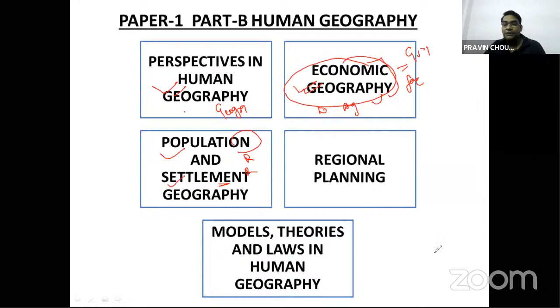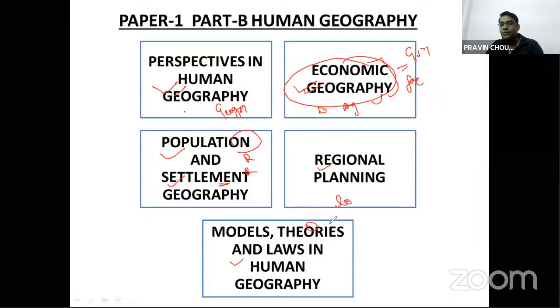Okay, regional planning, and then models, theories, and laws in human geography. There are some models and some theories regarding the location of agriculture and the location of industries. You can utilize these theories